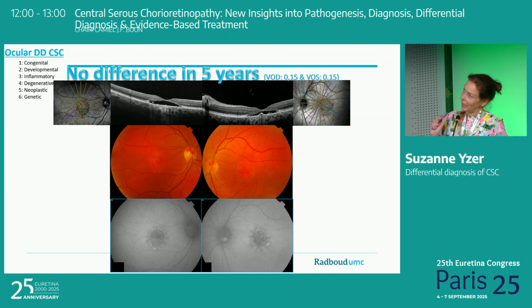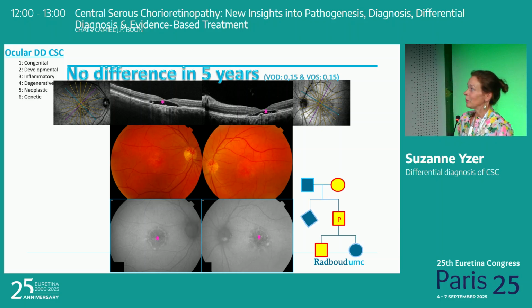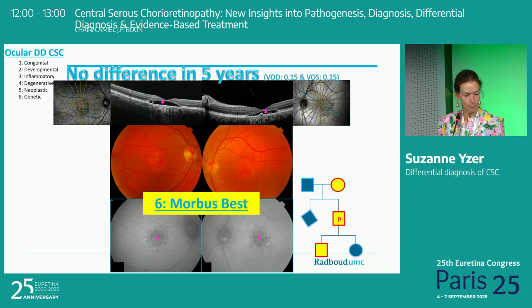And when I saw him, he also had the subretinal fluid in the fellow eye, and look at the FAF. So I just looked at the patient and I said, you know, this is such a symmetrical maculopathy. I think this may be something that you inherited. And the patient looked at me and said, doctor, could this be Best disease? And I was like, oh my God, that's a brilliant idea. How do you come up with that? And then he said, well, my mom has Best disease and so does my son. But that was never something that was discussed earlier. So make an FAF and look at the symmetry.